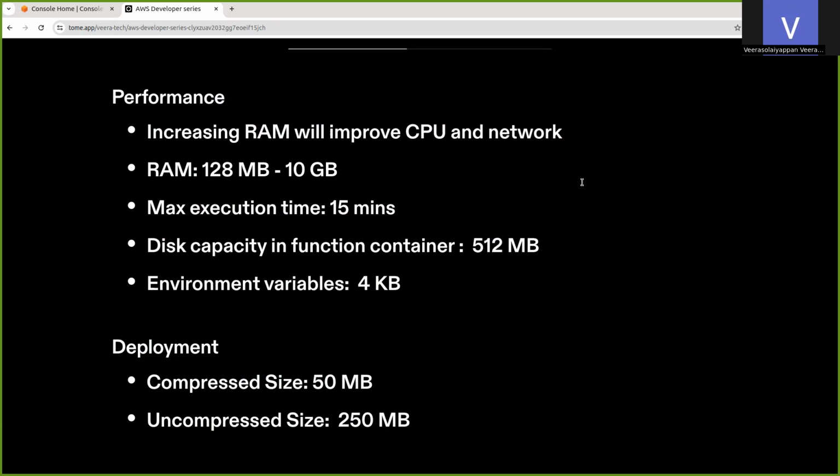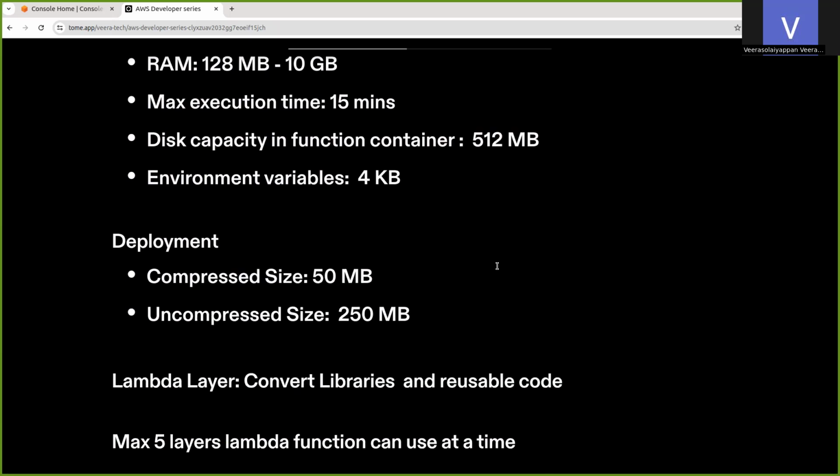Now for deployment: if the project file is compressed, the maximum limit we can upload is 50 MB. If the project is uncompressed, we can upload up to 250 MB.